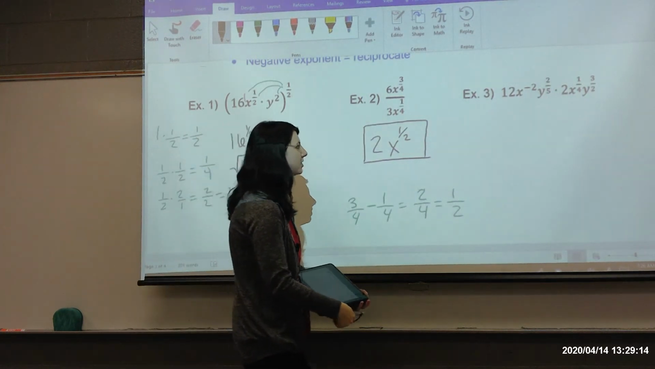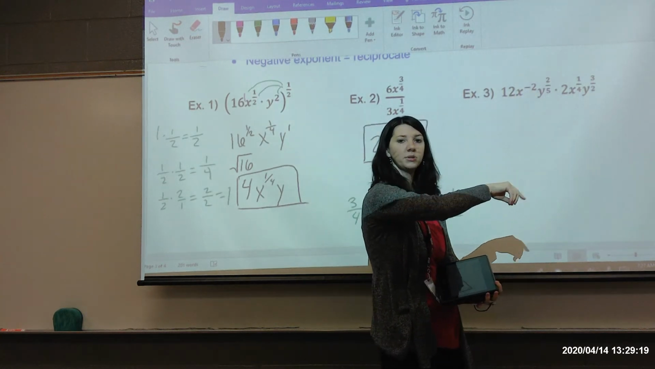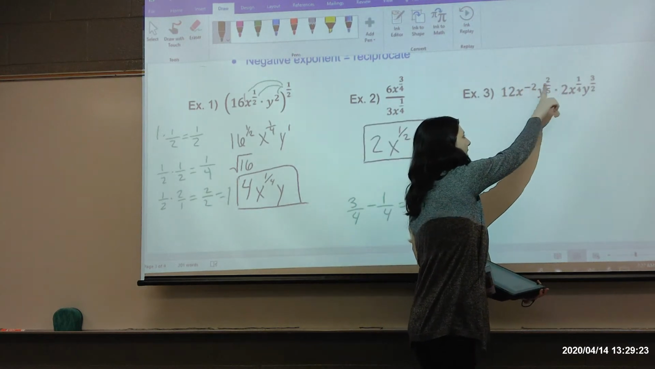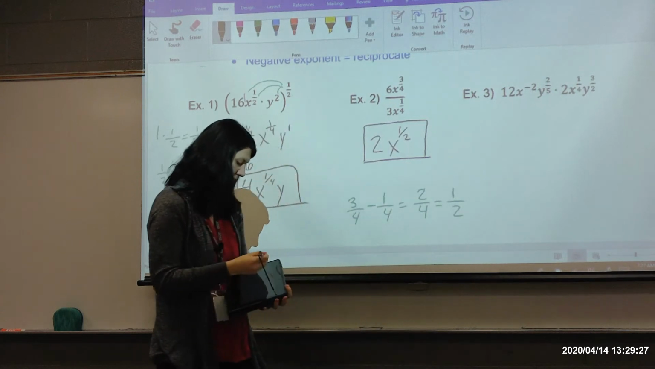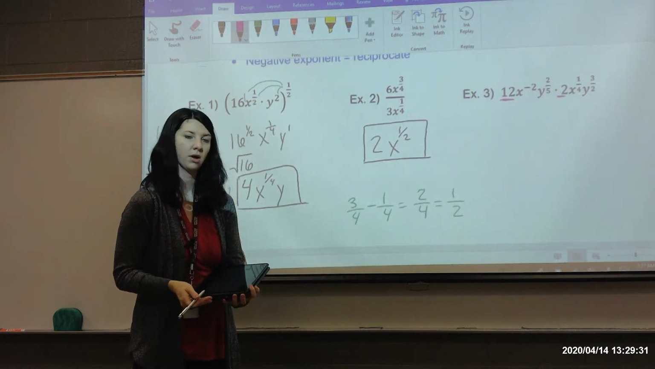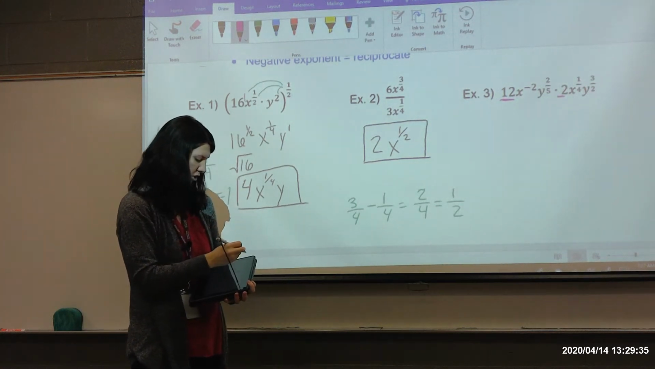All right, and let's look at this last one here. We have a multiplication. It looks like a lot, but just take it one piece at a time. So I have a number and a number, an x and an x, a y and a y. So I'm going to do each piece paired up together. Again, make sure you treat your numbers like numbers and not exponents, okay? Like coefficients. So 12 times 2 is just